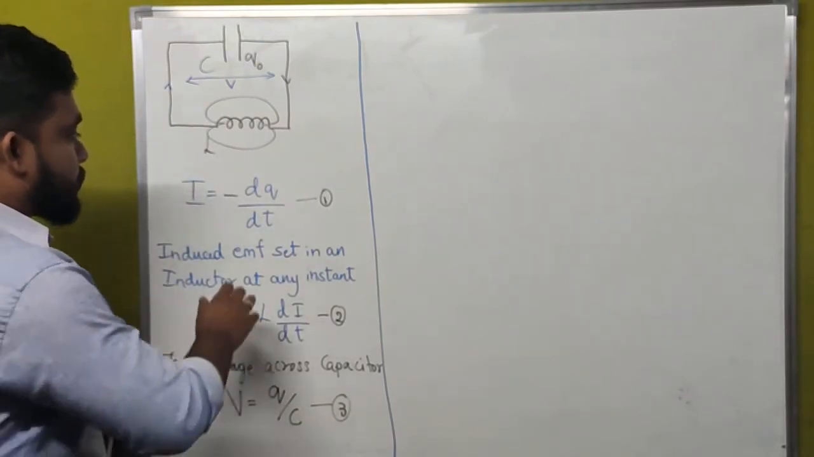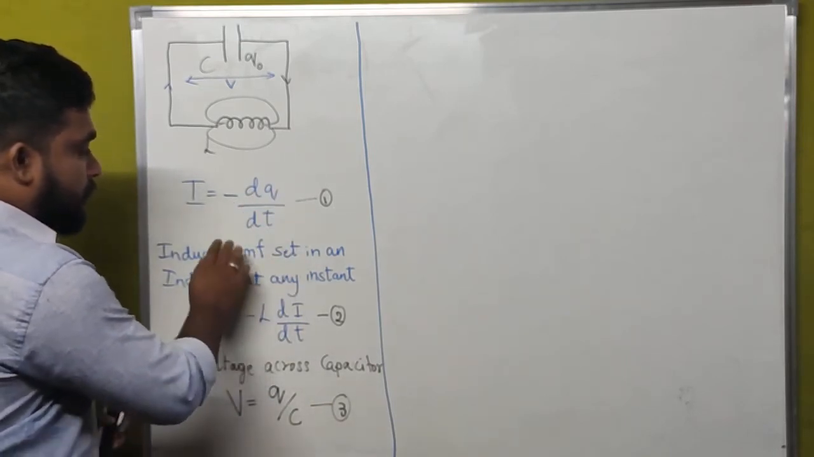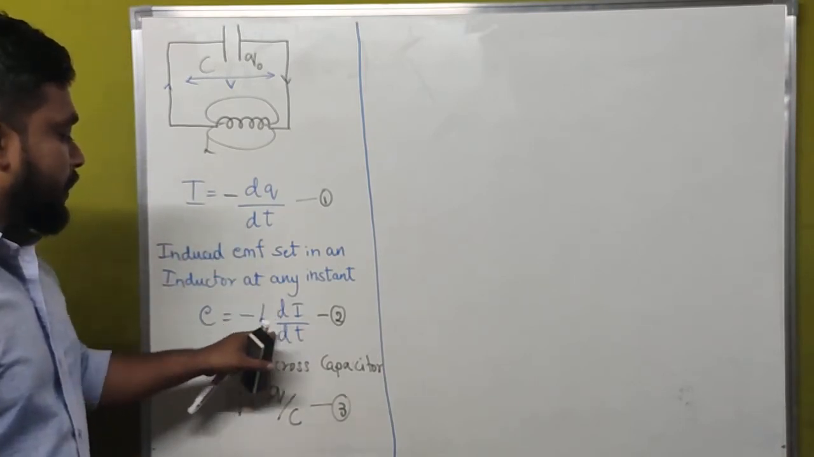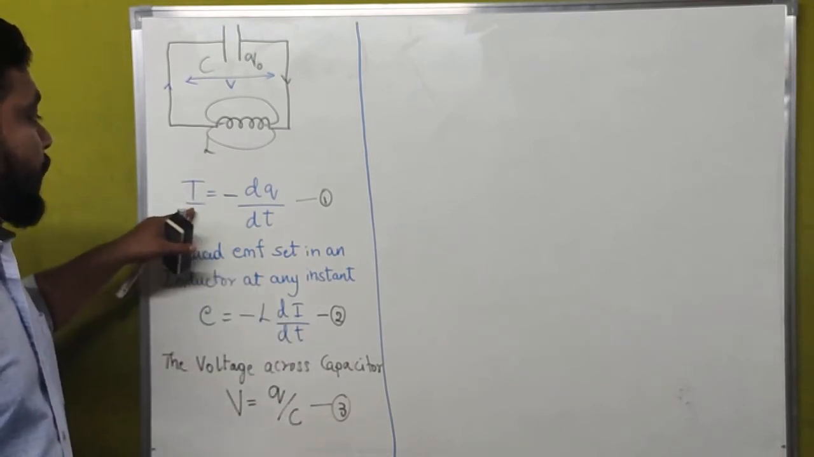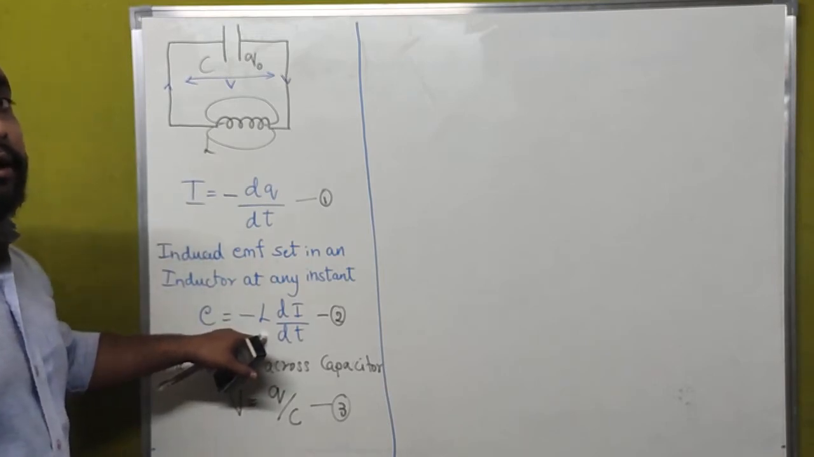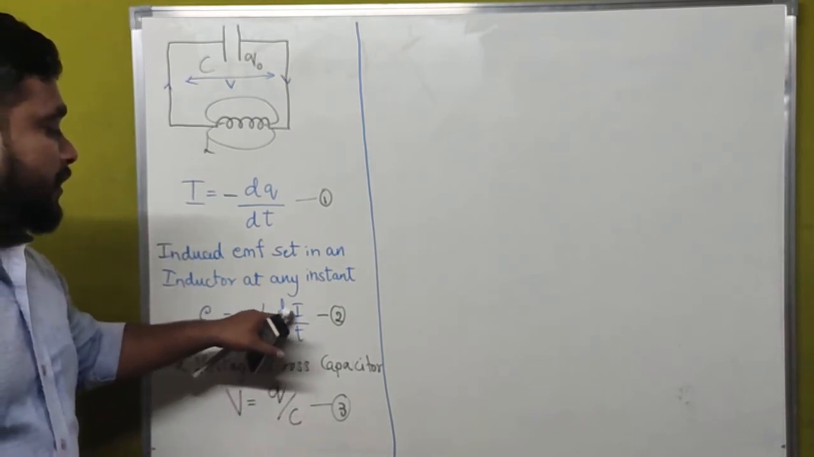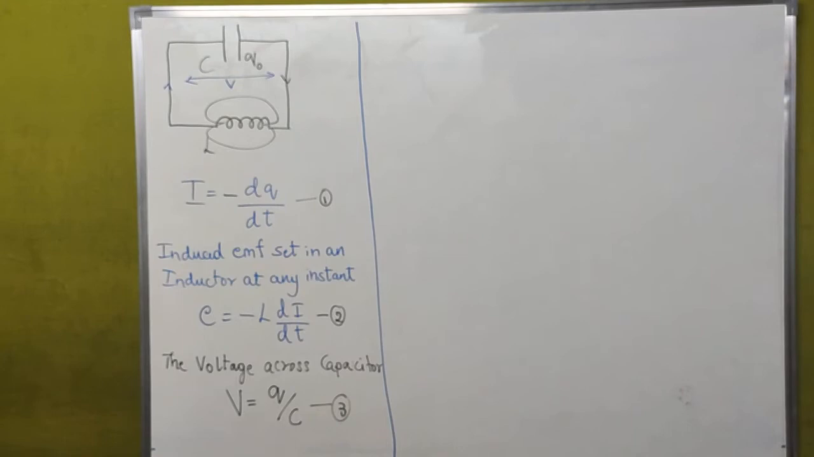I am going to substitute the values of Q here, or change these two expressions, that is E equals L into di divided by dt. But we know the expression for I. If we substitute the value of I in equation 2, what will we get? We will get a term we have to differentiate twice. We can see that later. But right now, we have to consider